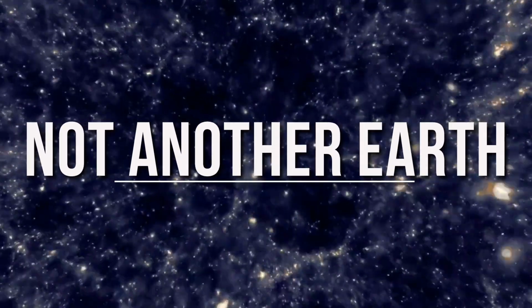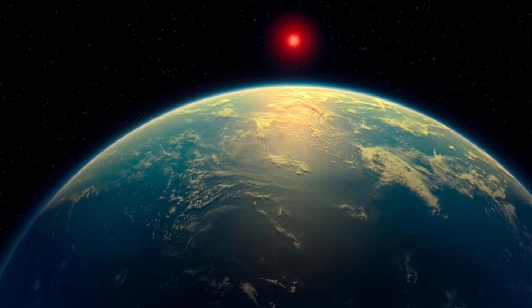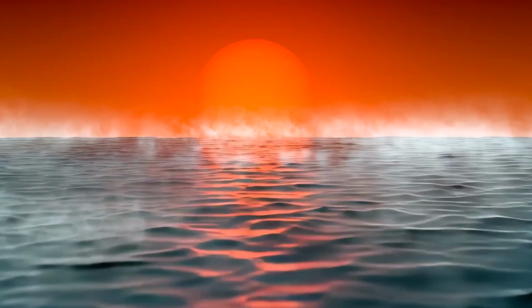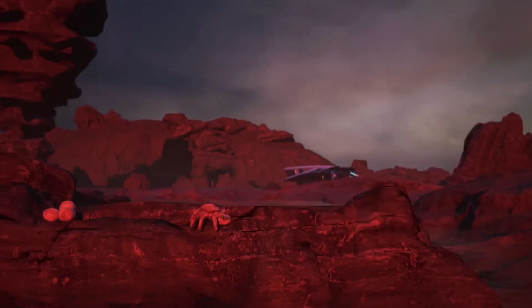Not another Earth. But don't let the hype fool you. K2-18b is not Earth 2.0. It's bigger, heavier, stranger, where the pressure below the clouds could crush a submarine, where the surface, if it even...